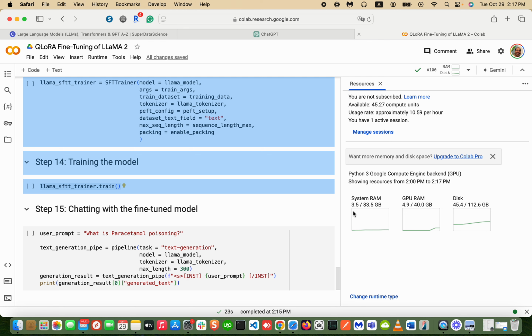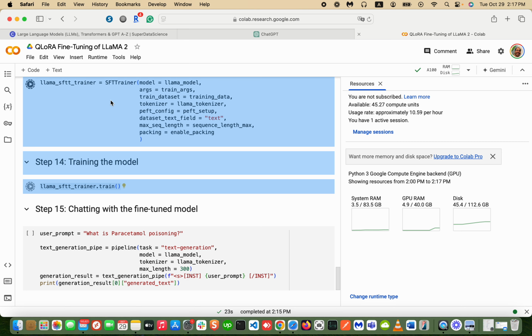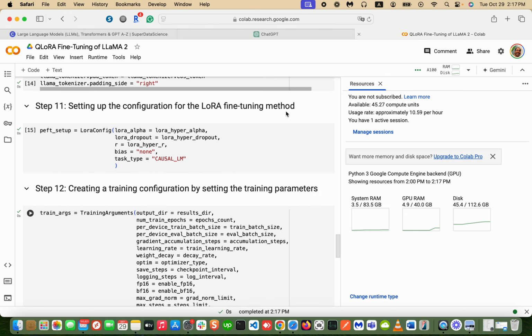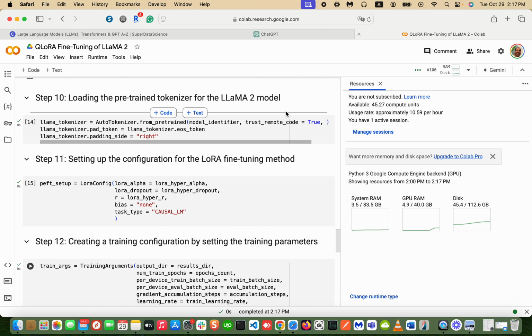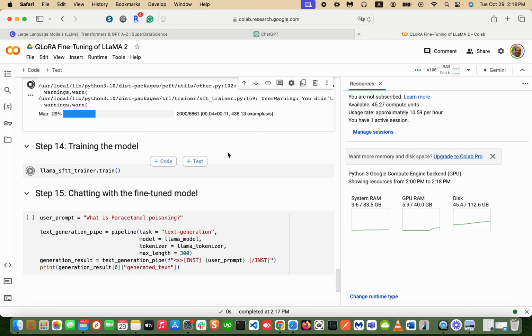Now observe what happens as we proceed with the fine-tuning. So again, we're gonna run the selection and then deselect so we can observe at a more granular level what is happening. So step 12 is done, 13 is done, and now we've started with step 14, and as you can